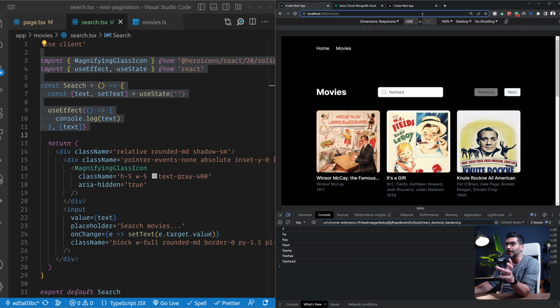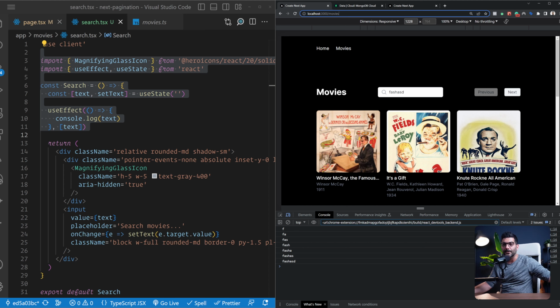Not only can you use a URL to hold this state of what page or how many limits of documents you want to return or what search term or query the user is trying to search for, you can also expand on it if you want to implement more filters here for the search functionality. You could just hold them up in the URL as a place to hold a state, but also as a way to communicate user interaction from client component back to your server component or to your server where you're actually